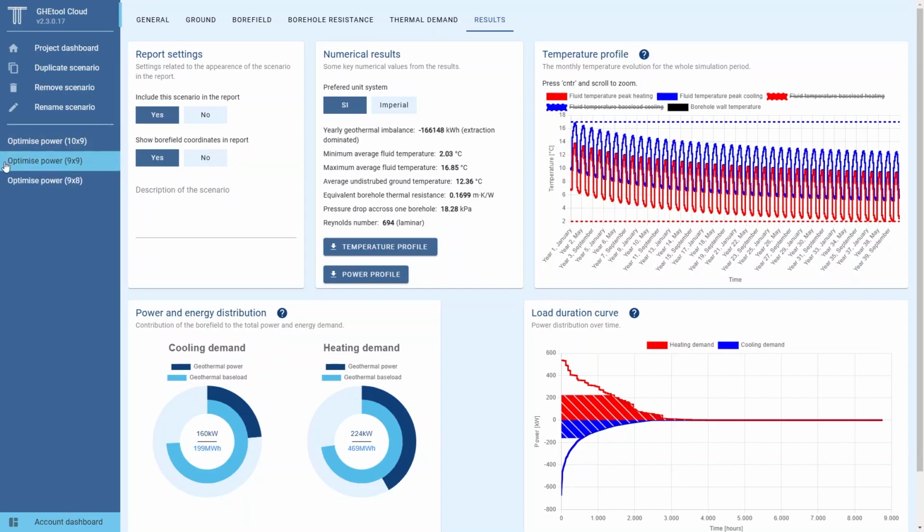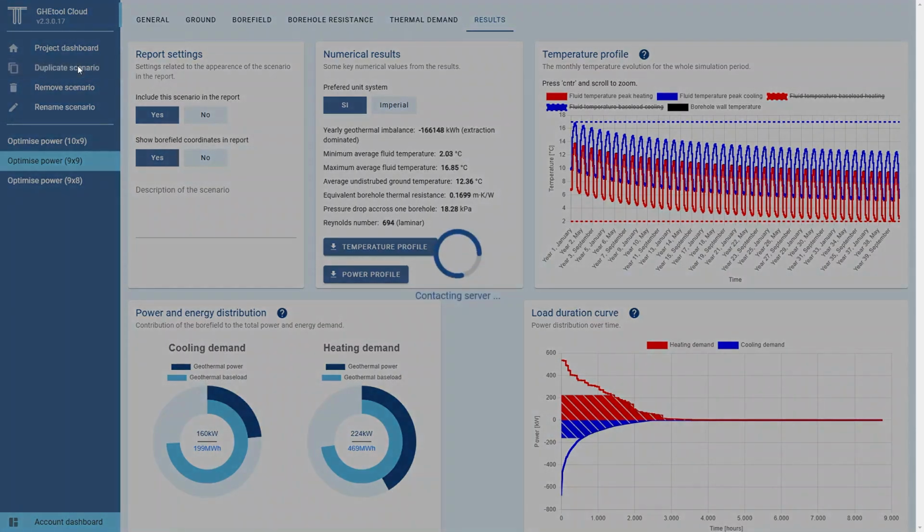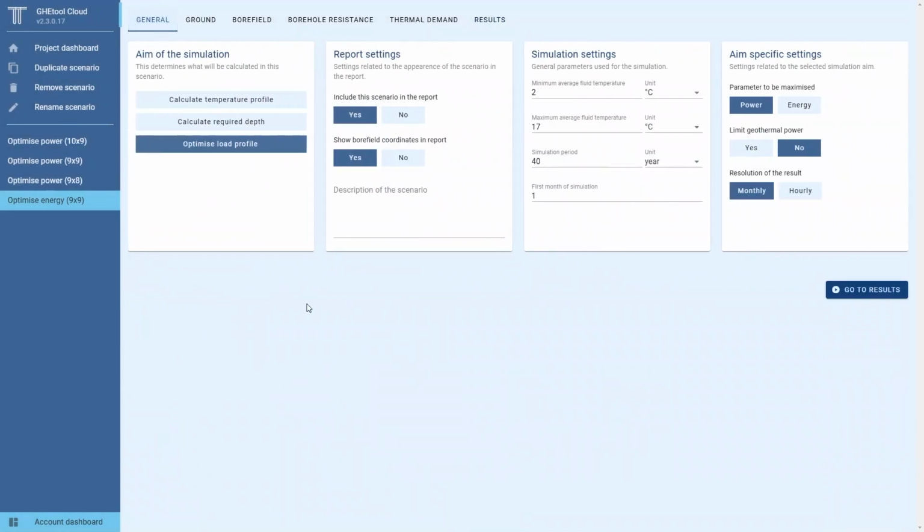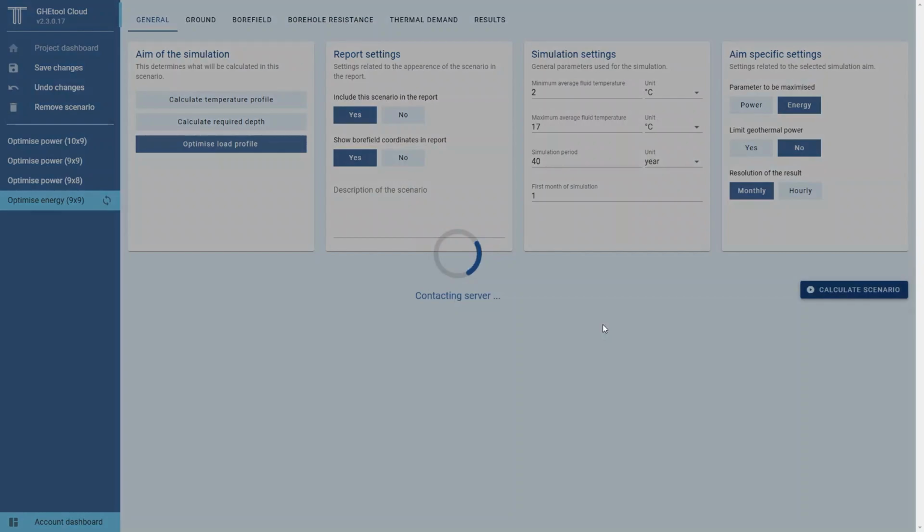So if we, for example, say, well, with this 9/9, if we duplicate the scenario, we're now going to optimize it for energy. So let's call this scenario optimize energy 9x9. We rename it. We go to our general tab and now we say, well, optimize it for energy. And if we now calculate it, it will